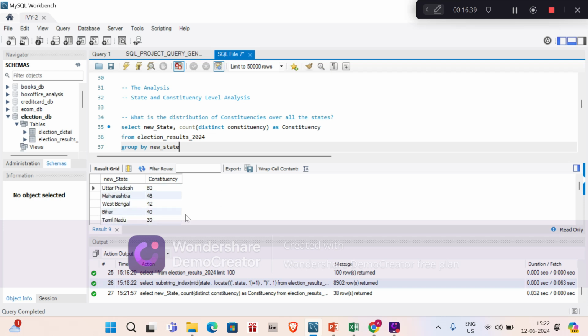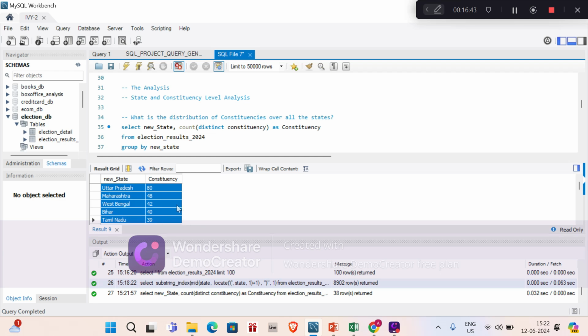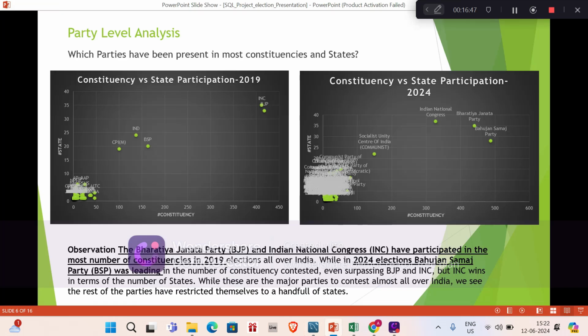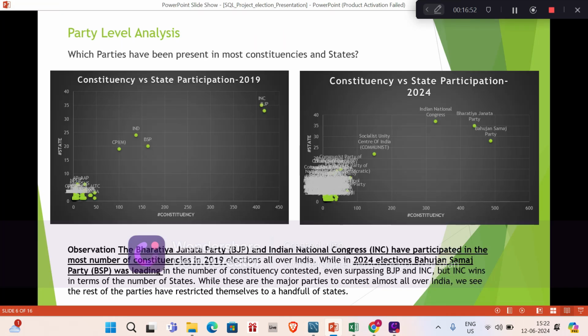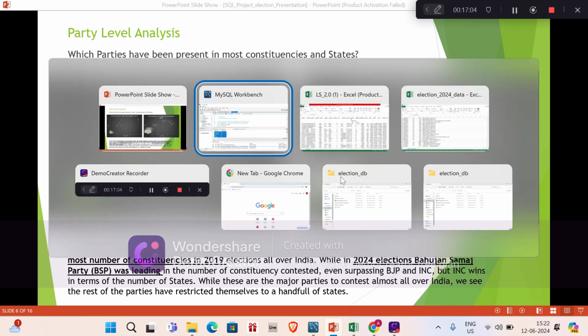So this is how the data is coming, and I have just extracted this data from here and put it into Excel and made this chart, which I showed you previously. I have made this chart from Excel, and the same goes for these charts as well. The upcoming charts have been done by the same process, by extracting the data from SQL and making the charts in Excel. Okay,